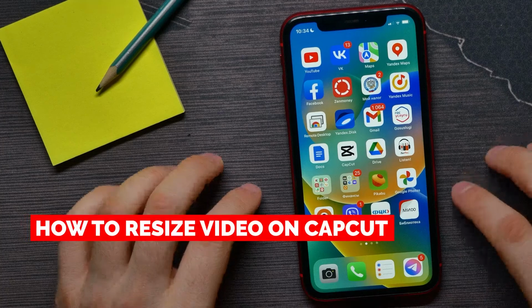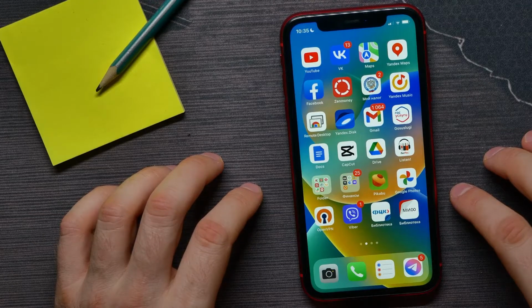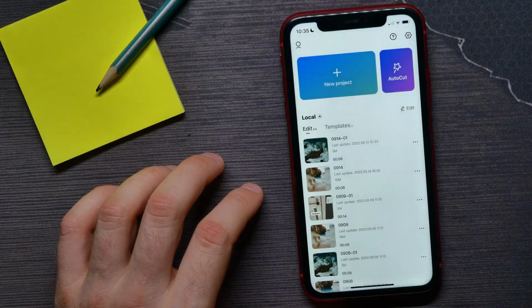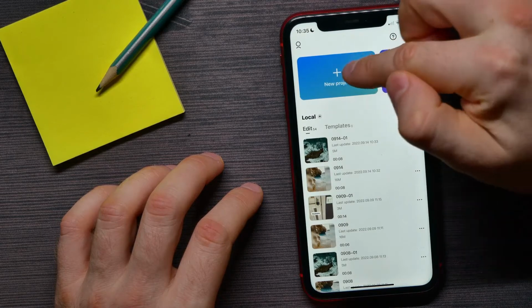In this video, I'm going to show you how to resize a video on Capcut. That is quite simple and easy to do, so let's begin. And first, open up Capcut application and then tap right here at big plus sign where it says New Project